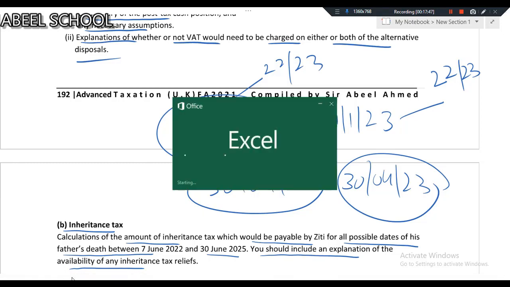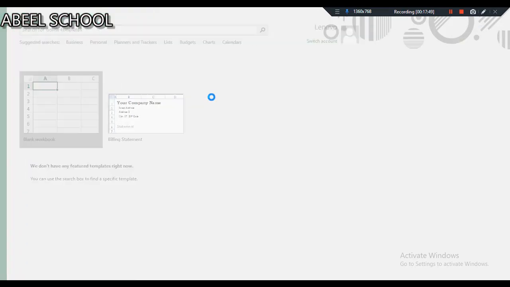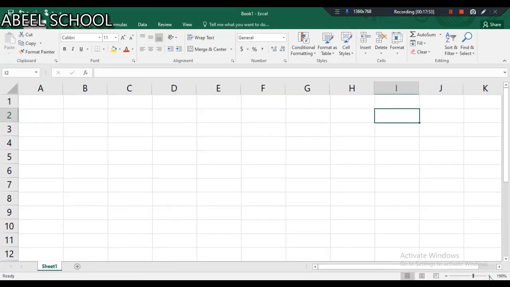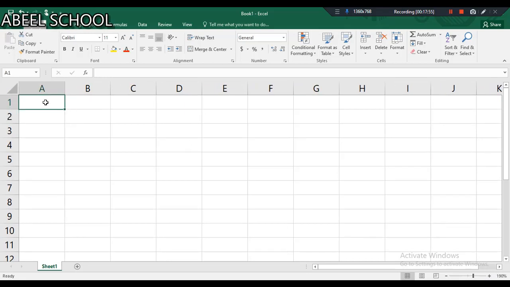I have read the complete question and I have discussed the complete question with you, dear students. That is question 100 in my book. It's a 35 marks question. We have to make notes for the meeting. So no need to take tension. Just give the heading notes for meeting.